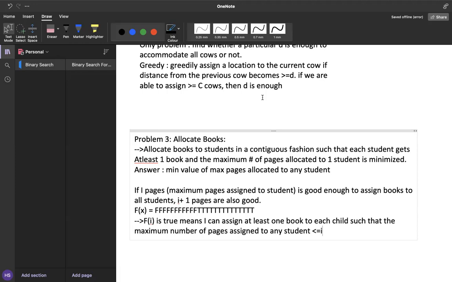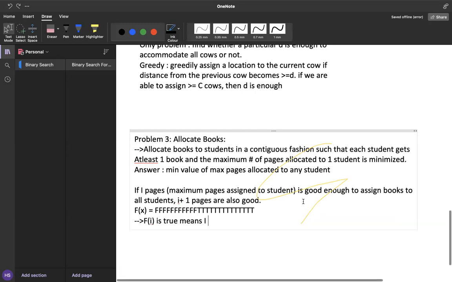And so what we have to answer here is the minimum value of the maximum, which means that we have to find the index of the first true here, right? And that can be done using binary search.